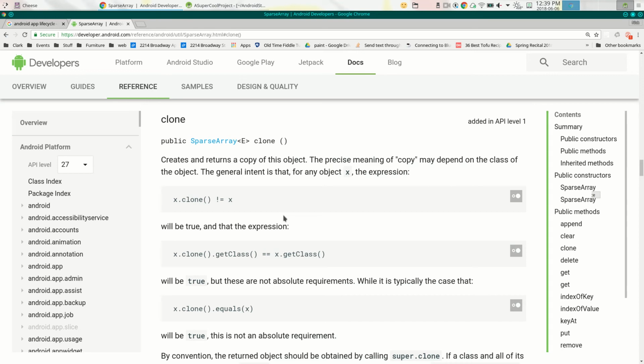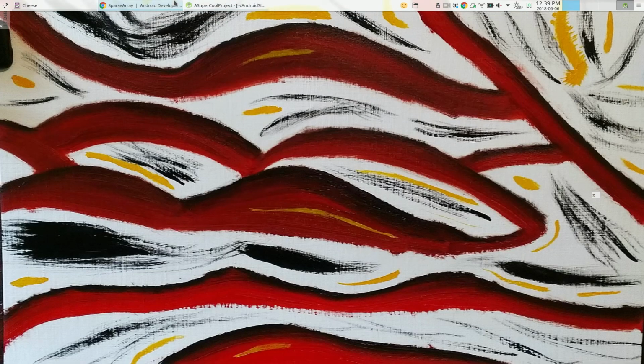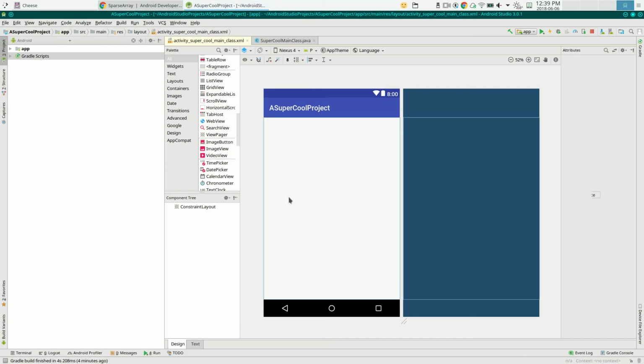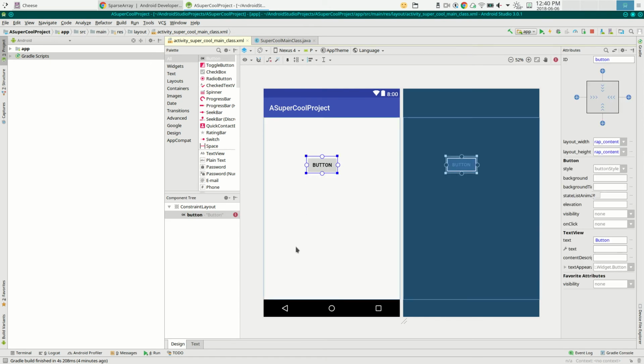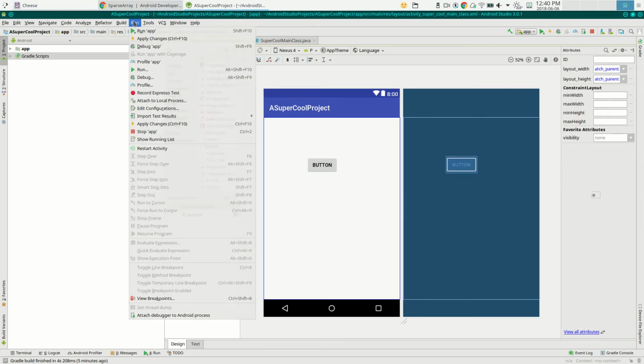Alright, so everything is hyperlinked. Alright, so where were we? We have different kinds of widgets we can drag and drop into our layouts. Let's drop a button down here. So we'll grab a button and we'll bring it in here, and there's a button. Alright. So we can run this,